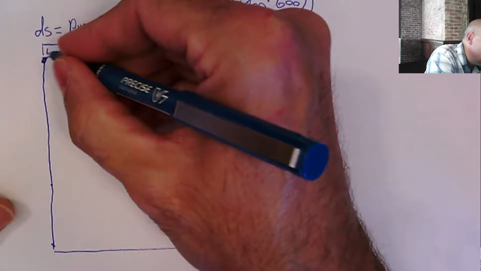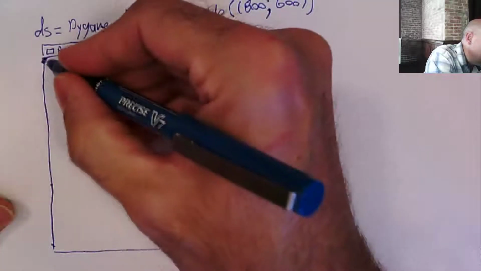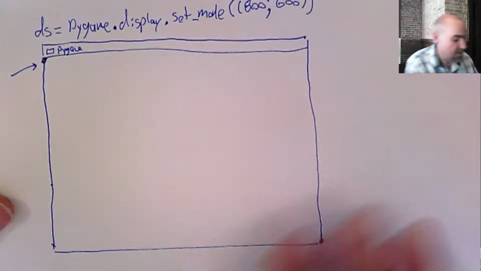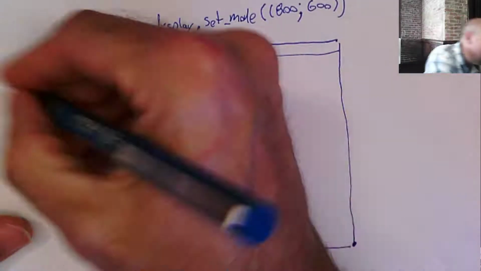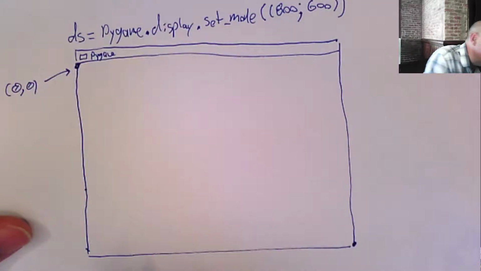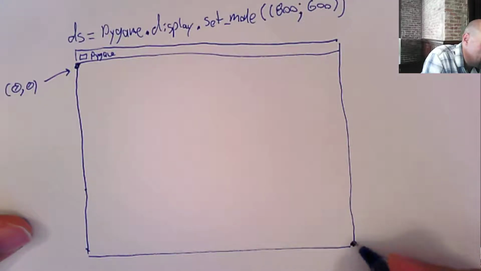And it's going to have a little icon. It's going to say Pygame. But anyway, this point right there is, I'll move this over just a tad. That is 0, 0. And since it's 800 wide and 600 tall, this lowest corner down here, that is going to be